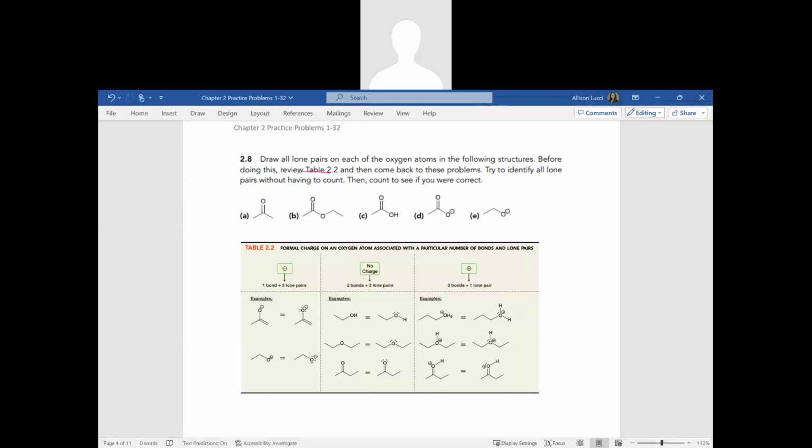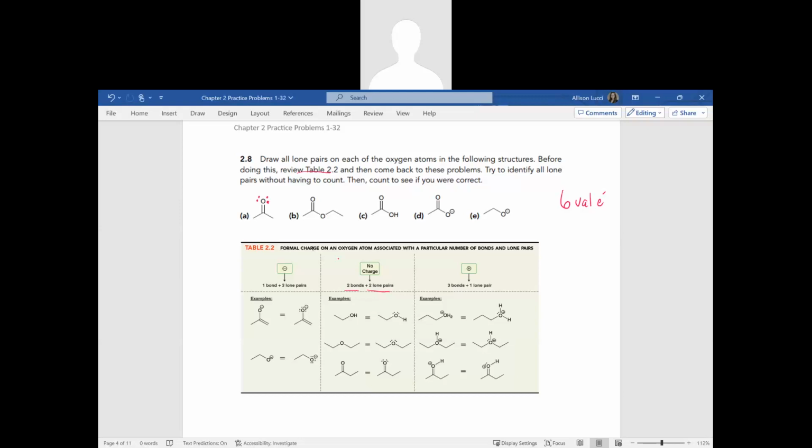And by counting, they mean figuring out, do we have the 6 valence electrons that a neutral oxygen would have? Or in the cases where we have a formal charge, do we end up with a -1 formal charge? So let's look at our first example here. We know that oxygen is neutral when it has 2 bonds and 2 lone pairs. So that's what we see with this oxygen here. It's neutral, there's no formal charge, so we know that it would have 2 lone pairs since it already has